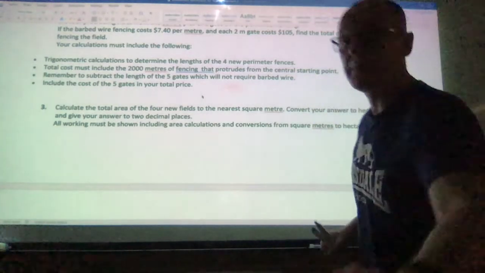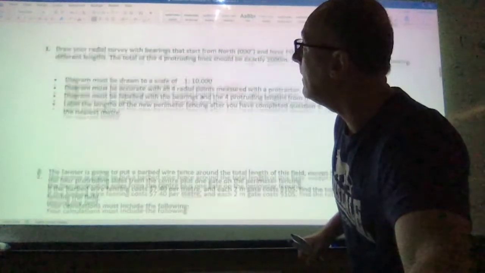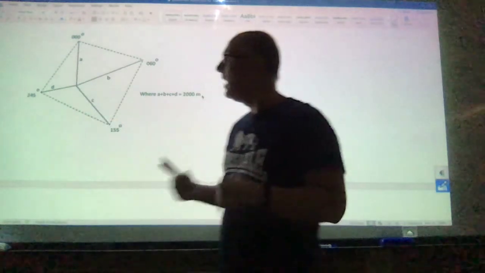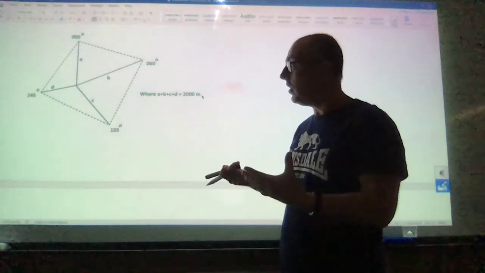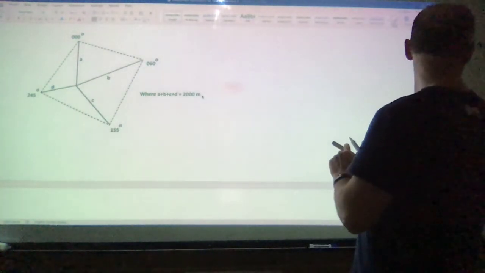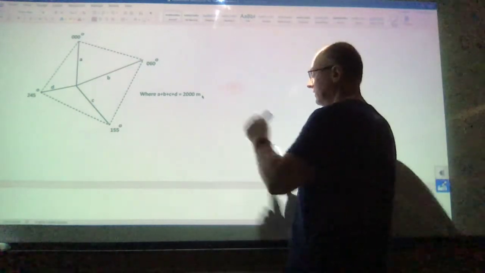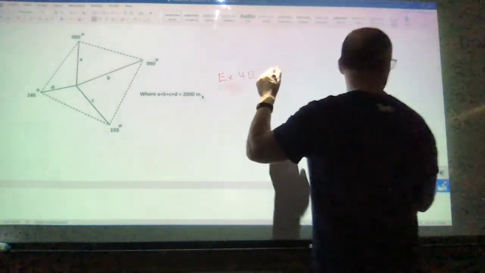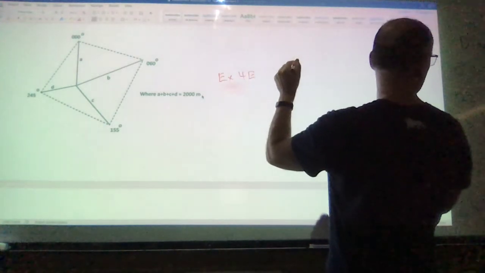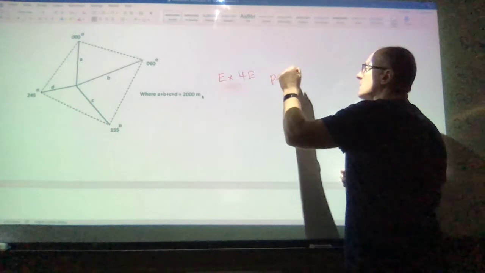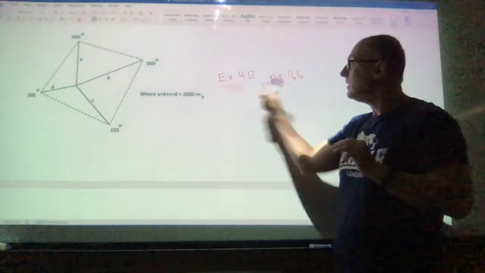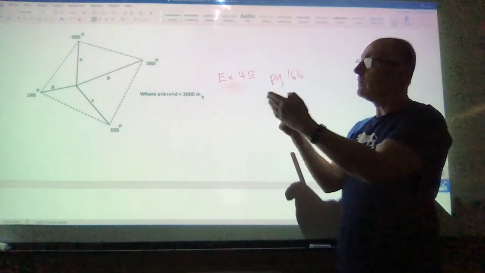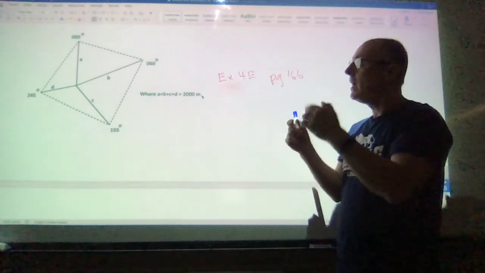So if I scroll back up to show you what I mean by that, here are your 4 new fields, 1, 2, 3, 4. How do you find the area of triangles? Well, my clue is question 3 is exercise 4E, page 166. Okay, so if you look at that, that will remind you of how to find the area of a triangle. Now remember,